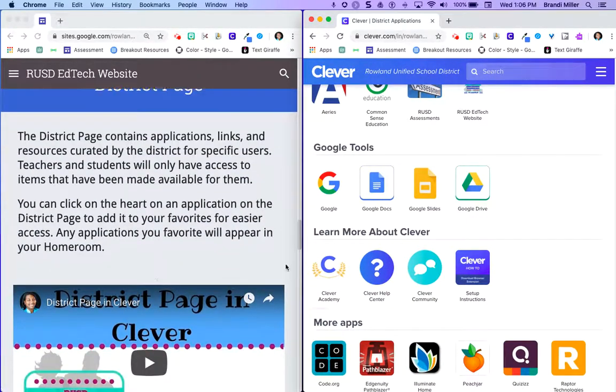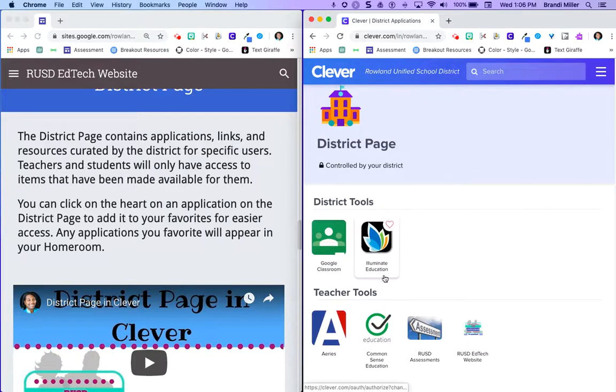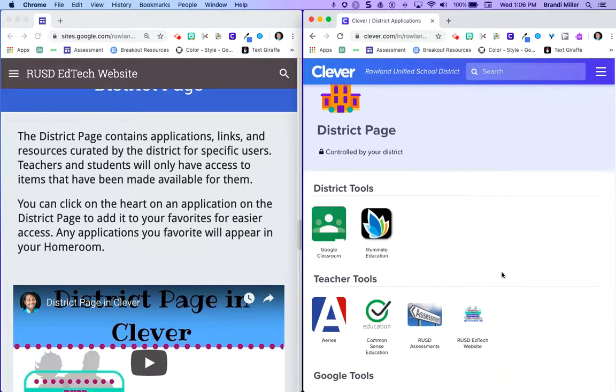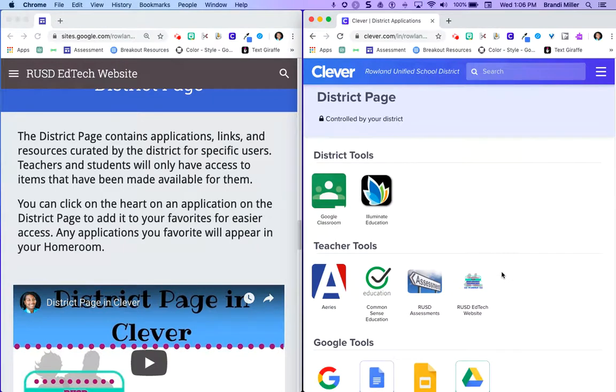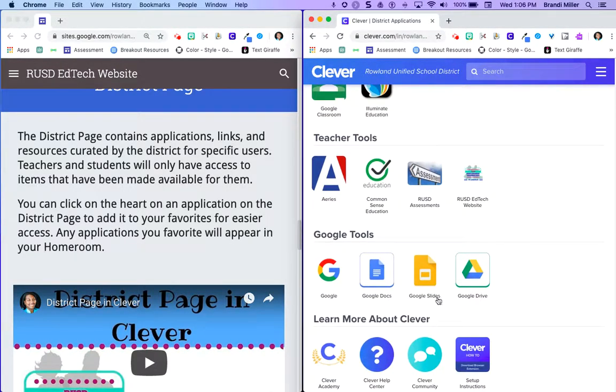So the district page contains tools and applications that are used pretty much district-wide. There's nothing on this page that you can add to or edit. These are the tools that we've pushed out at a district level for you to have access to. If there are tools that you know you use often, like let's say Google Slides, any tool in the